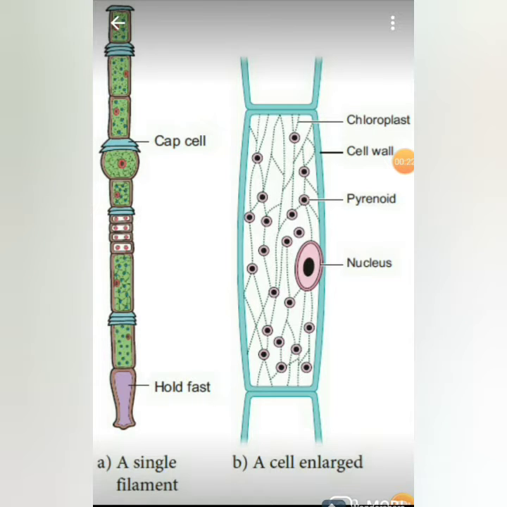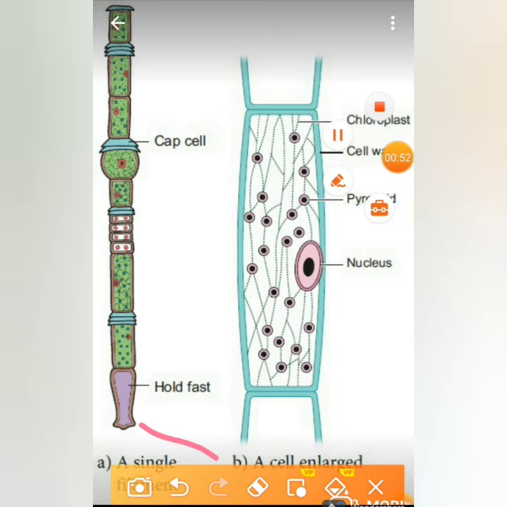One by one, if we take a look here at the basal cell, it is the lowermost cell of the filament, and as you can see here, the cell is long. It is long and gradually narrowed towards the basal end, and it expands to form simple disc-like, multi-lobe or finger-shaped structures. Alright, as you can see here, this basal part in the basal cell expands to form a disc-like or finger-shaped structure.